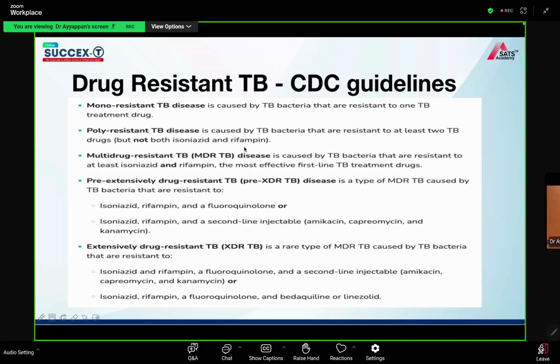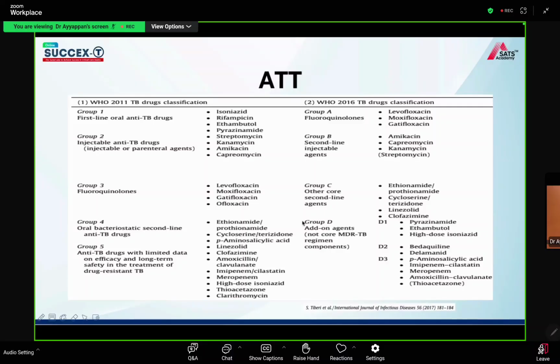Just 3 more slides. So the resistance mechanism is based on this: if you have one drug resistance, it is going to be monoresistant. If you have two drug resistance, especially isoniazid as well as rifampicin, it is going to be multi-drug resistance. If it is multi-drug resistance with an injectable as well as a fluoroquinolone, it becomes extensively drug resistant. So if you have multi-drug resistance, you have to use a 5 drug regimen based on the 2016 classification: group A, group B, group C, and group D. And you have to use 2 drugs in group C so that you can